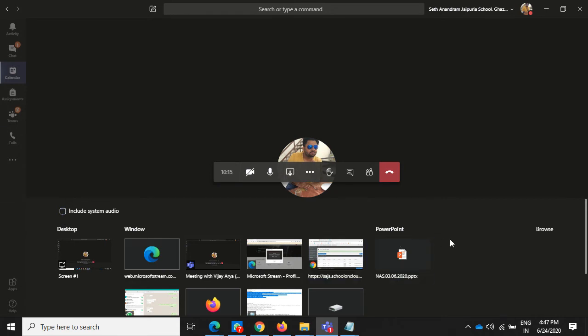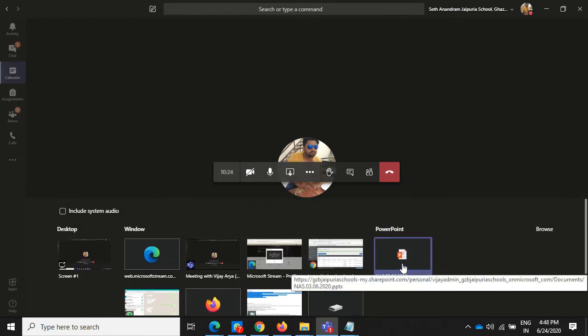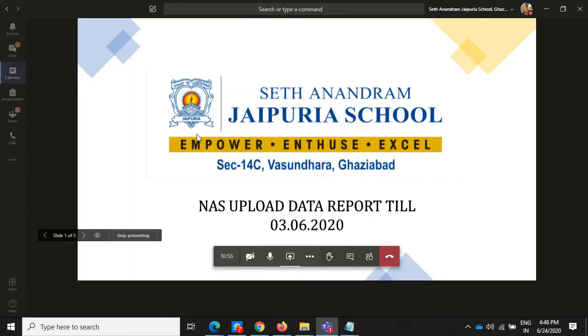Right now, so many teachers are using a PPT, so I have one PPT over here. I just opened it, because the file was already opened in the last window. That's why it comes under the PPT folder. If you open a PPT file, it also comes into the same window, so you can use that. It will take some time, around 10 to 15 seconds or up to 1 minute, depending on the file size. So don't worry about it. While we share the screen, it will take some time.